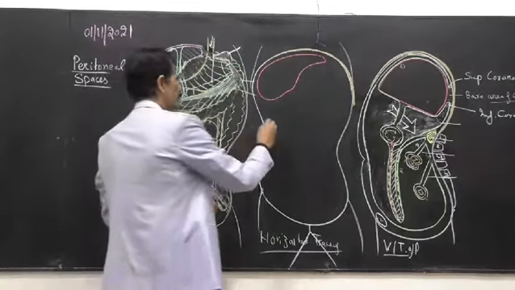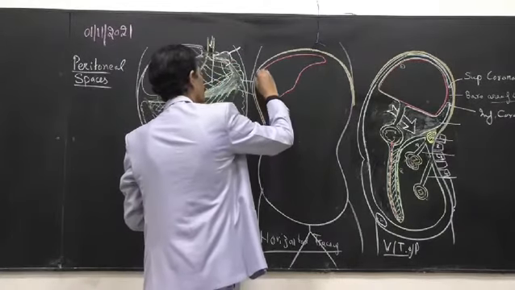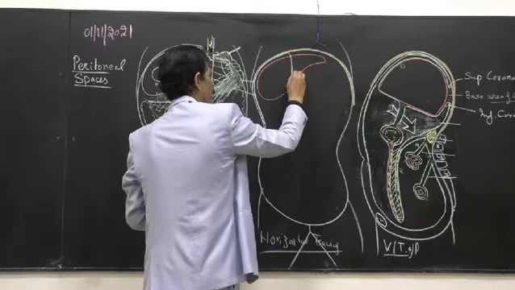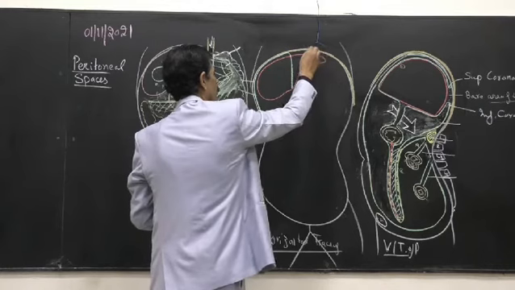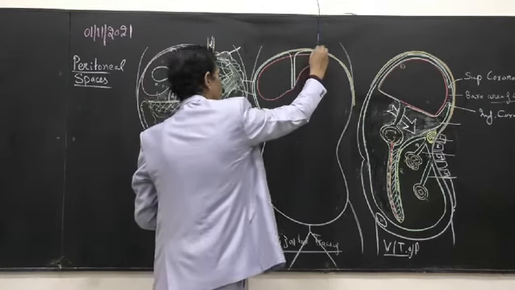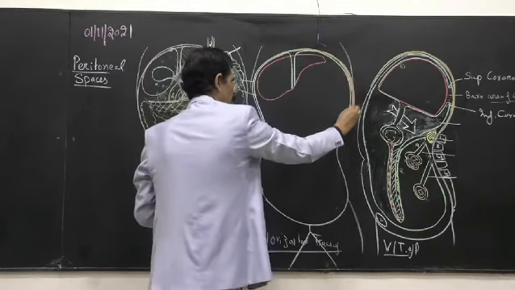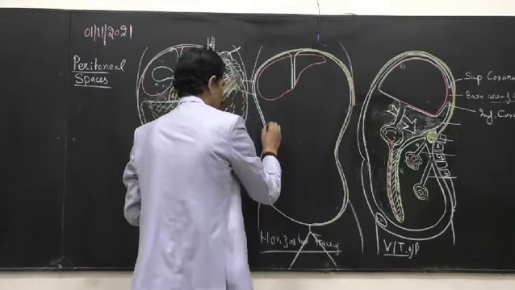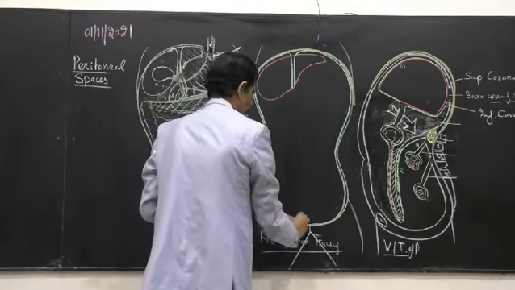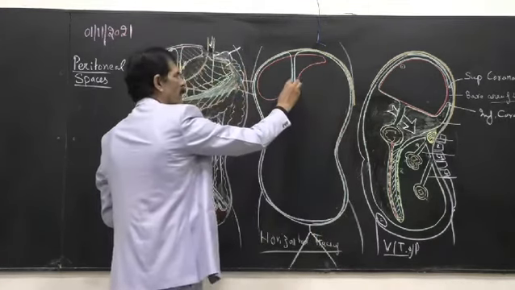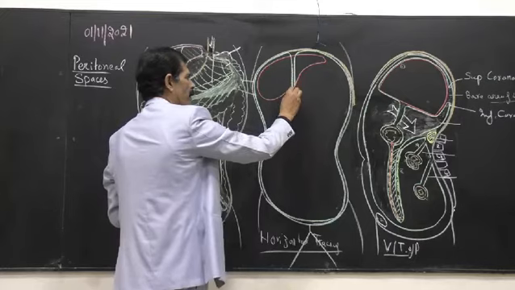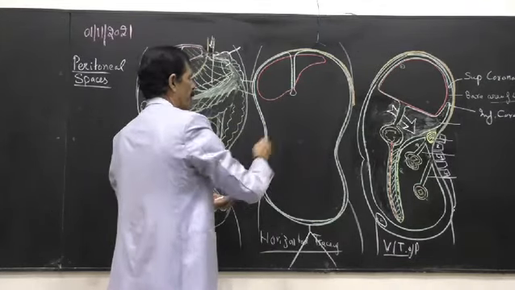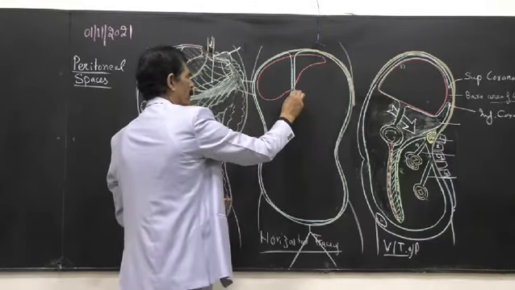And this is the parietal peritoneum. This is the diaphragmatic peritoneum. This is the falciform ligament, two folds. This is again the diaphragmatic peritoneum. This is again the retroperitoneum. This is the pelvic peritoneum. Anterior-posterior. So this is the falciform ligament, and below here is the ligamentum teres with obliterated left umbilical vein.